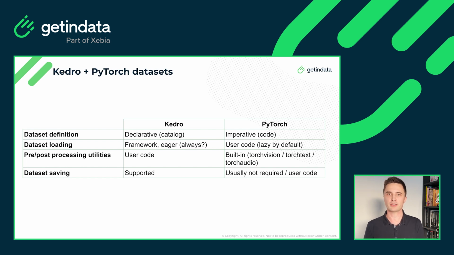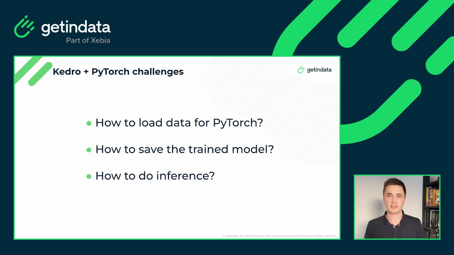While on the PyTorch side, since we are usually only training neural networks, we're usually only loading the dataset. So the built-in abstraction from PyTorch does not support saving. Besides datasets, there are some other challenges which you can encounter when you are implementing Kedro and PyTorch machine learning projects. You might ask how to actually save the trained model from PyTorch in order to use it later on further down the Kedro pipeline, and also how to do the inference